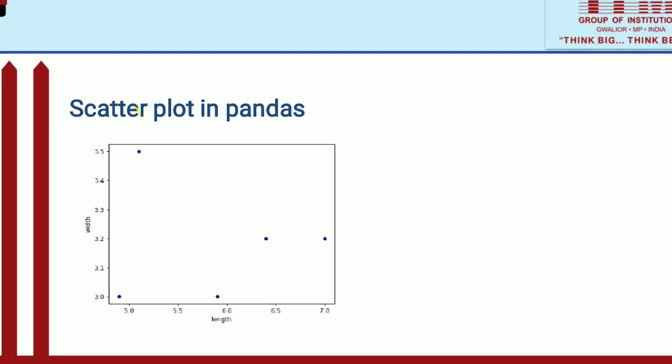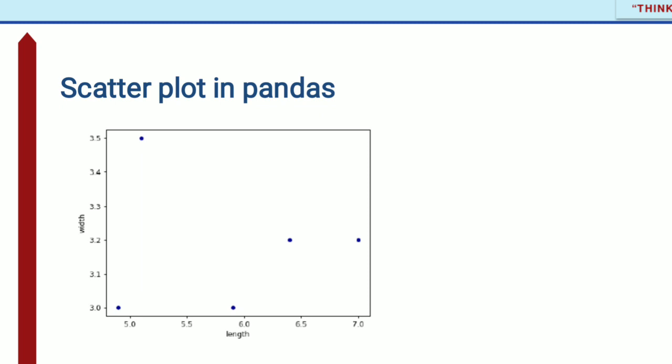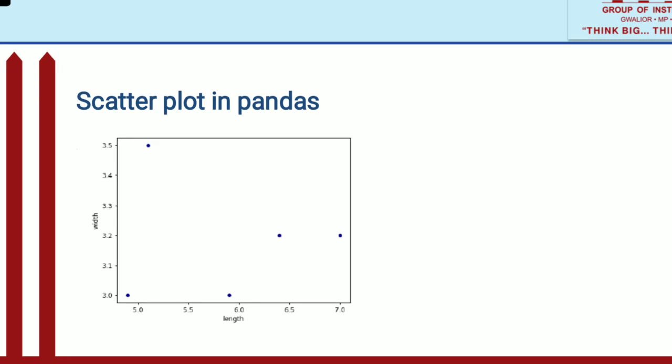So in this way you can draw the diagrams, or you can compare the variables.